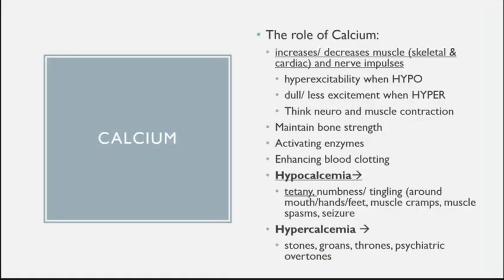Now calcium. When you think about calcium, think about nerve impulses. In order to have a good nerve impulse, you need to have calcium coming to the synapses. So if we do not have calcium at that synapse, our neurons become kind of twitchy. It's kind of like they are in a drug withdrawal.